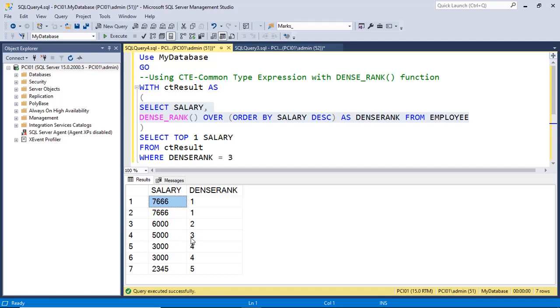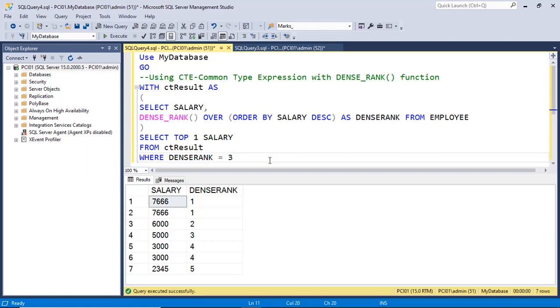So once we have this result set in our CTE, then we can apply the select statement with the condition. The condition is: select top one salary from CTE where DENSE_RANK equals 3.